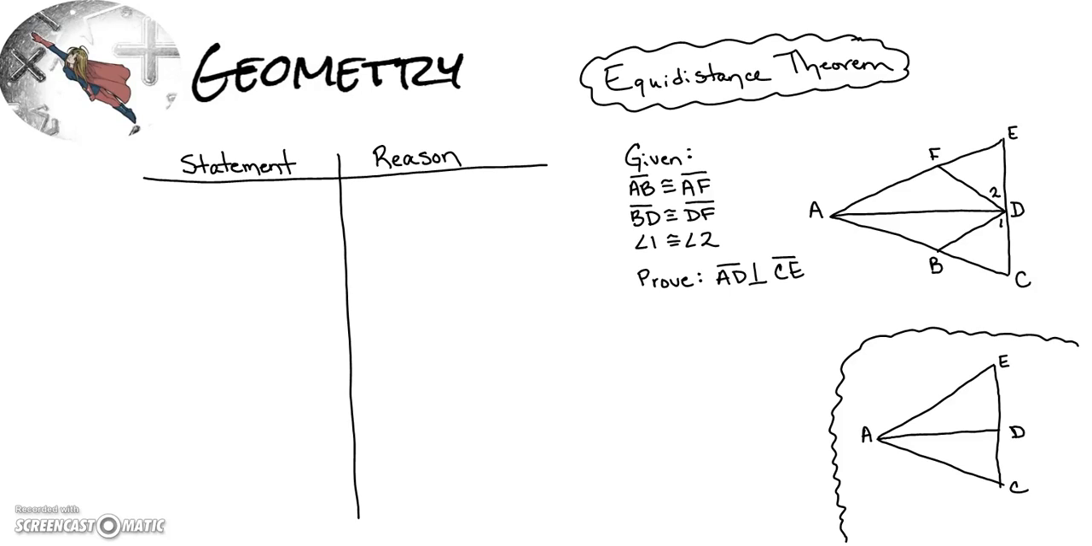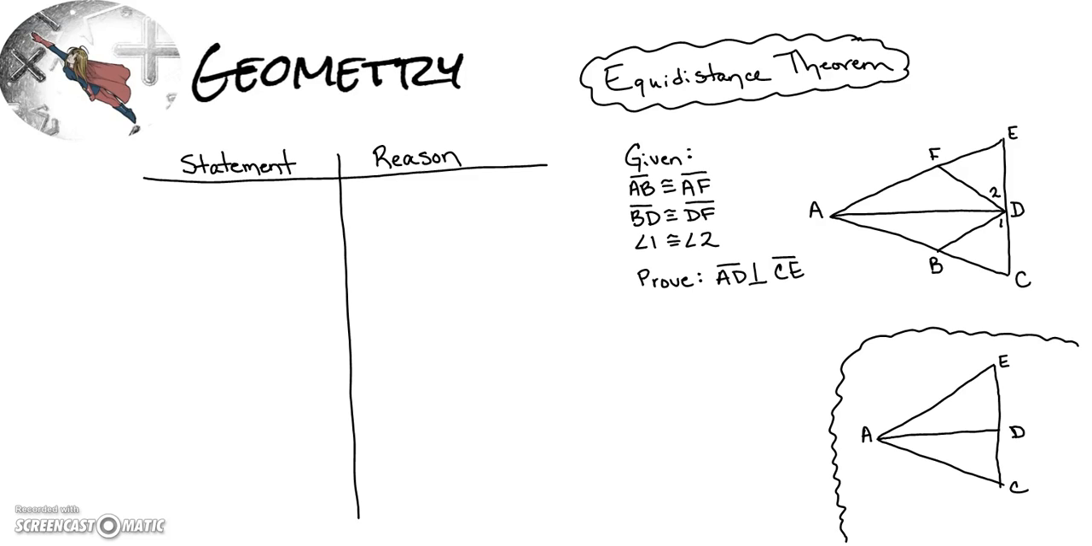Hello everyone! For our geometry problem today, I've picked a proof that uses the equidistance theorem. I always get a lot of questions on how do you use the equidistance theorem. So I'm going to show that to you. I've drawn a separate little triangle in the corner down here to just show exactly how equidistance is used in